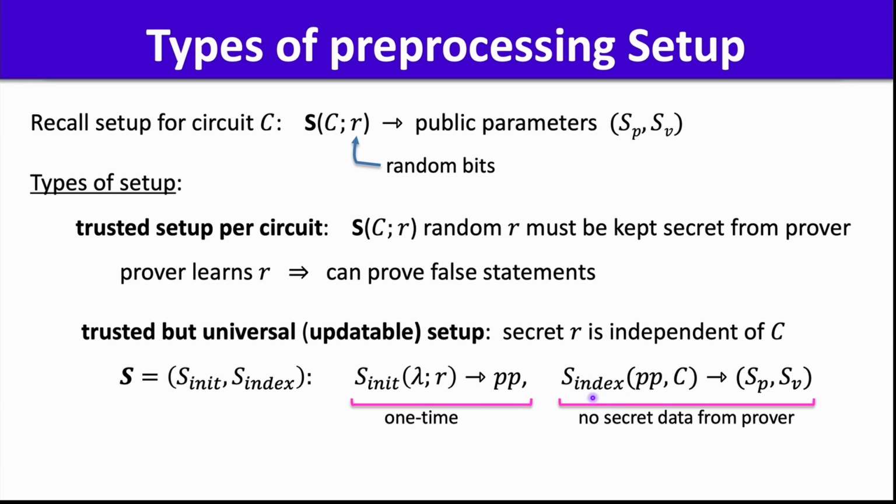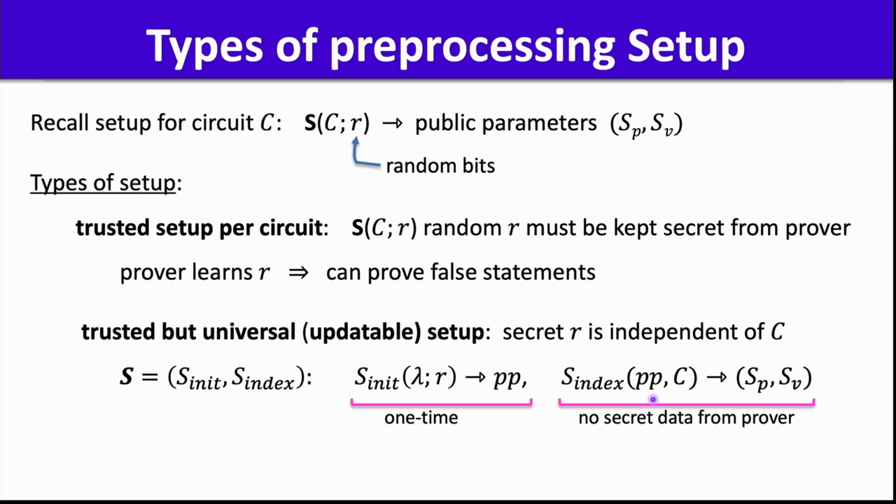And then there's an indexing procedure that uses these public parameters and the circuit C and it generates SP and SV. But the point is, this indexing procedure is a deterministic procedure. So there's no secret data that needs to be kept secret. This is something that anyone can run, anyone can verify that it was done correctly once the public parameters have